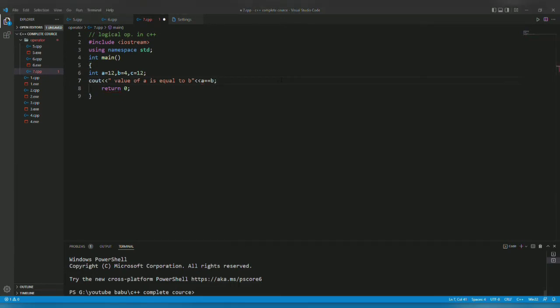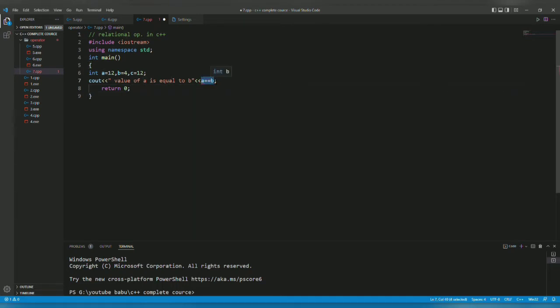Now the first operator is the relational operator. Sorry, I mistakenly wrote logical operator here. These are relational operators. I will discuss the logical operators, which are AND, OR, NAND and NOT, when I make the videos of if else.